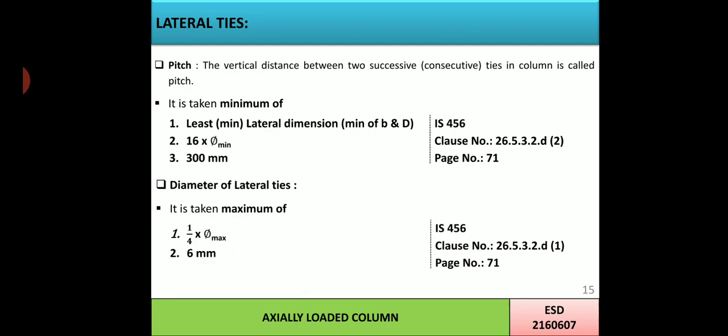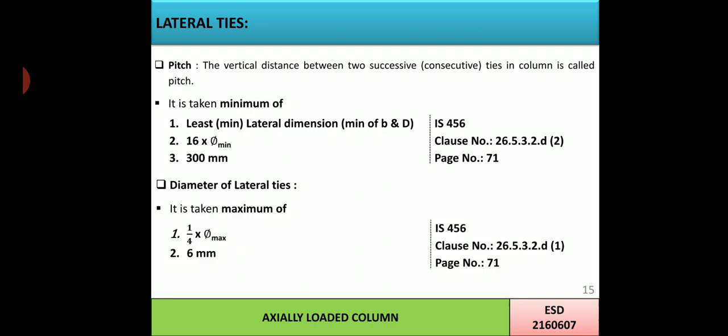Now its code criteria states that it is taken as the minimum of number 1, least lateral dimension, that is minimum of B and D. Second, 16 times the phi minimum. Phi minimum means minimum diameter of the reinforcement provided. And third one, that is 300 mm as per the clause 26.5.3.2d2, page number 71. While the diameter of the lateral ties, it is taken as the maximum of 1/4 of